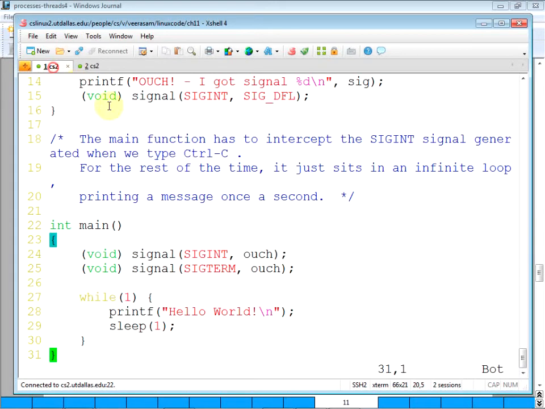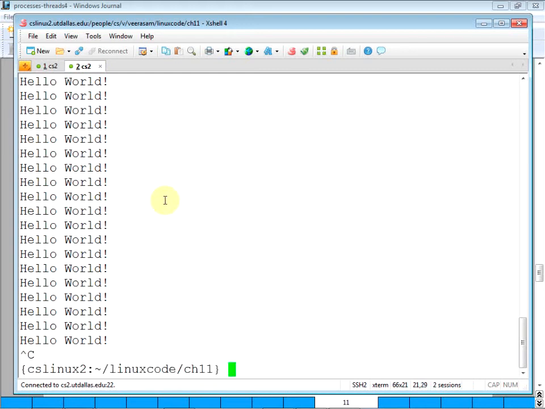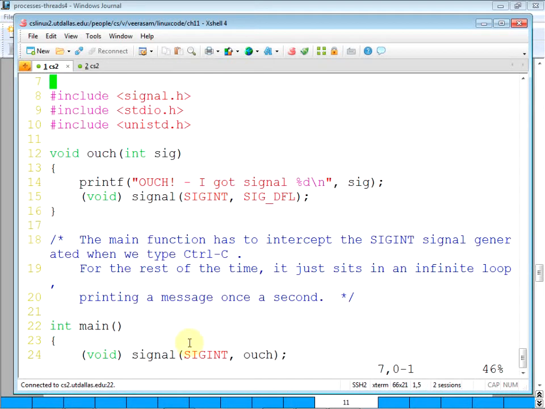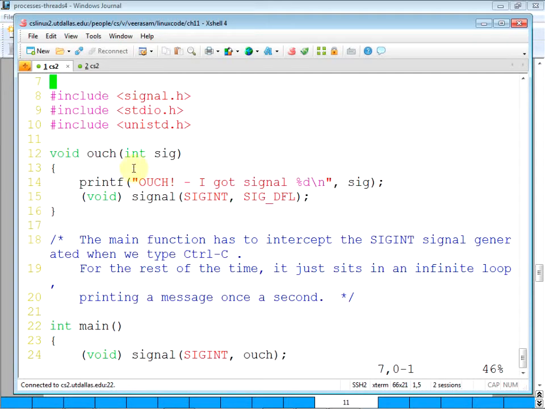So what do we do within the function? It says how it got the signal, that signal number. Then we are returning signal handling back to default. Default is to quit, so if you do Control-C, the program ends. That's how they are showing it. First, Control-C is caught using this function, and to avoid the infinite catching, they are resetting to default handling.